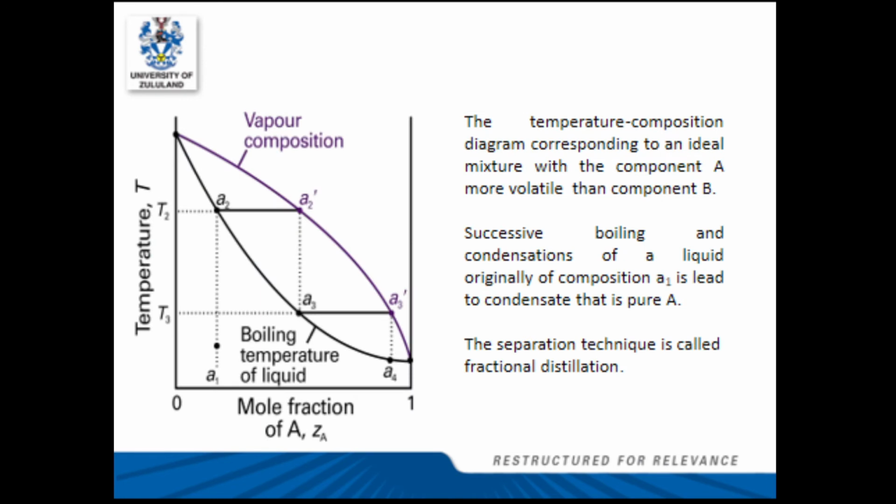So this is how a typical diagram that shows the dependence of mole fraction on temperature looks like. Remember that for the graph of pressure and mole fraction, when we are increasing the pressure of our system, the mole fraction was increasing. But for the temperature and mole fraction graph, when we increase the temperature of our system, what happens with our mole fraction? We can see that the mole fraction of our system is decreasing for both the vapor composition as well as the boiling temperature